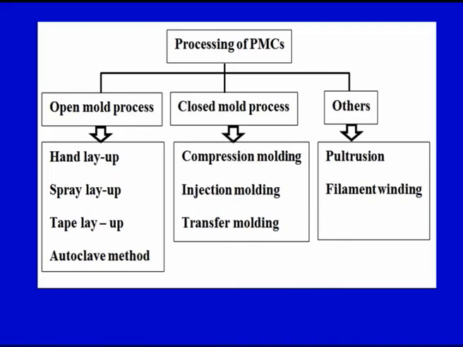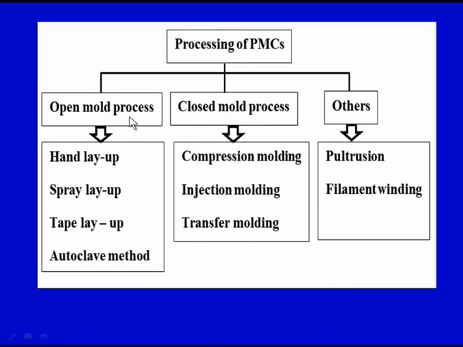So now these fibrous reinforcement has to be clubbed with the polymer matrix to make a composite material. Now the processing of polymer matrix composite, there are different methods which are used to process the polymer matrix composite. Now these methods can further be classified into different categories. Now we can have open mold processes. On your screen you can see a very clear cut distinction between the various types of processing techniques used for processing of polymer matrix composites. So processing of polymer matrix composites can be achieved by an open mold process, it can be achieved by a closed mold process, and it can be achieved by other processes.